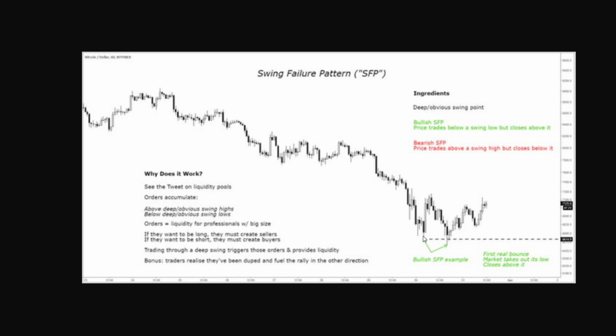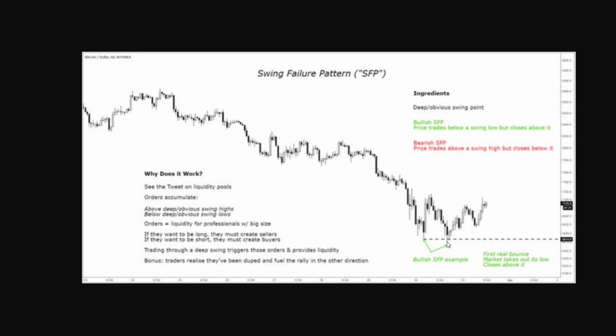What's a swing failure pattern? Well, you took a wick here, your wick there, by the way, that was a swing failure as well. So I had a wick, a few candles later, a wick that came lower, price jumped back up, and then I came back here, once again, wick lower, closed back above, and then tried to move up again. That's a swing failure. What does it mean? Well, it means that I took out the swing level, meaning that if we would have closed below that, we would have considered a swing low, right?